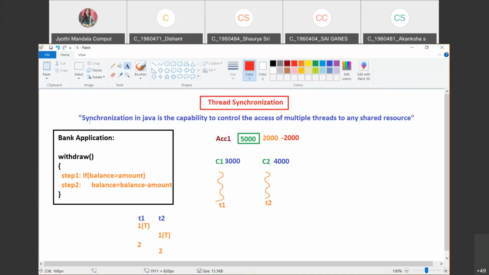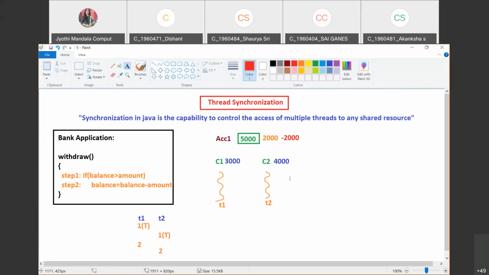I hope you are all clear with this single example of what synchronization actually is. We are going to learn this through an example program also. I hope you are all clear with the requirement of having synchronization in Java. This is very important. Why? Because if you are taking shared resources, as we have a multi-threading concept, there may be a chance of inconsistency in the data.